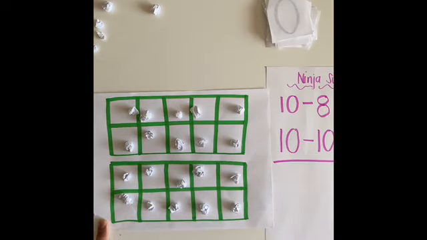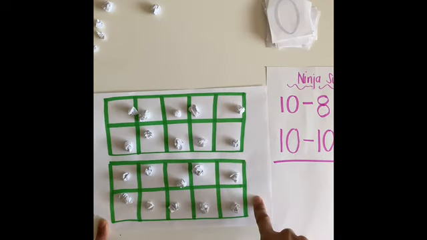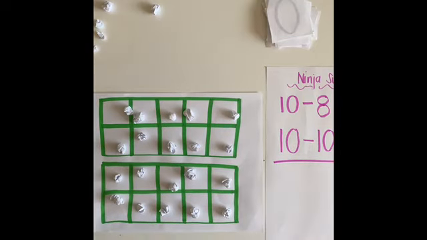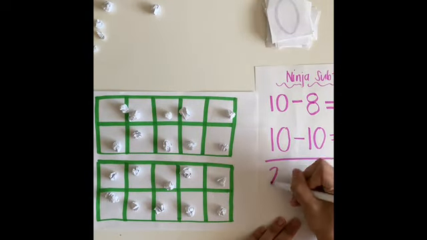You can also skip count. Here's a group of 10, here's another group of 10. So you can count by tens. 10, 20, stop. So yeah, you have 20 altogether. So that's your whole. On your recording sheet, you're gonna write down the number 20